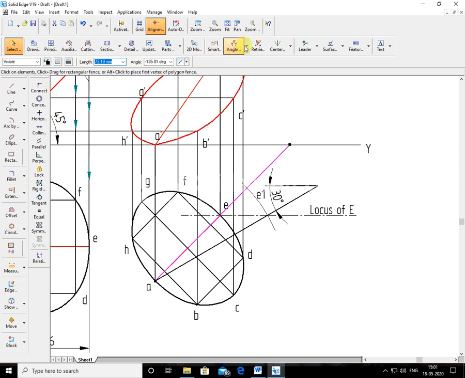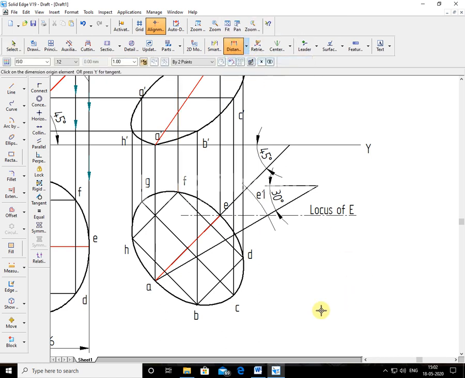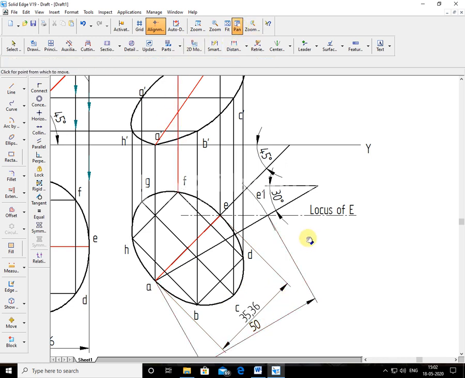Have you followed or not? To show that, you have to show dimensions compulsory. So now I'll show dimensions. Here, see, I show dimension between this A and this E1. Can you see this E1 point, intersection point, end point here? This is the 50 you have taken. It is a true length, correct. Now you have to show this A and this E. This is the apparent length. If you observe here, this 35.36 is the apparent length. 50 is here. This is 50. So that shows that you have followed the proper method of